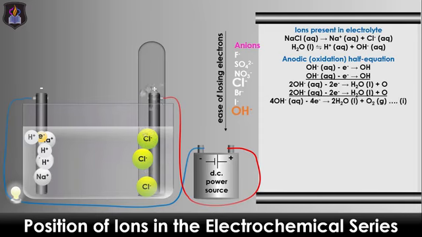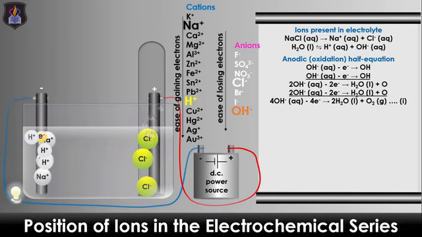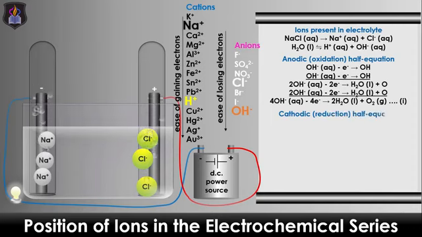At the cathode, the sodium and hydrogen ions compete for discharge. However, the hydrogen ion is always preferentially discharged due to its lower reactivity and position in the electrochemical series. The ease of gaining electrons increases down the series for cations as less energy is required to undergo reduction. The hydrogen ions undergo reduction by gaining 1 electron each to form hydrogen atom. Being a diatomic molecule, 2 hydrogen atoms combine to form a hydrogen gas molecule liberated at the cathode according to